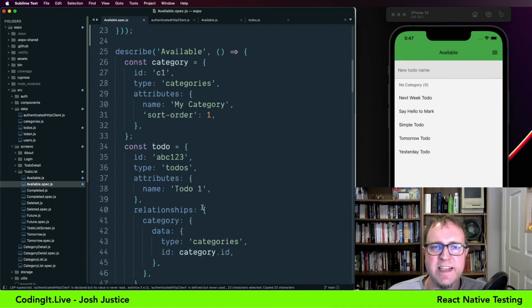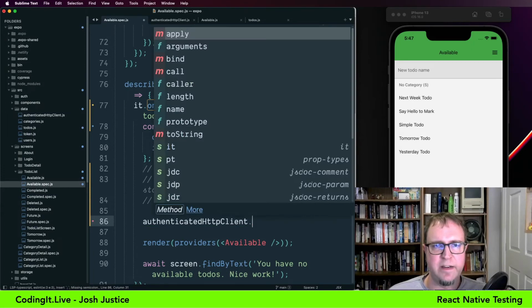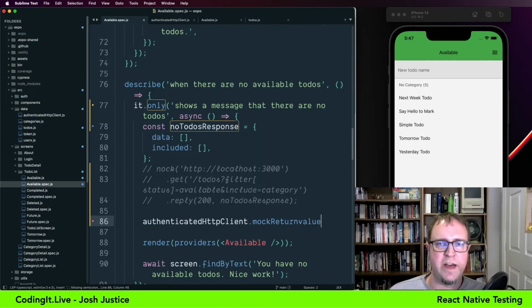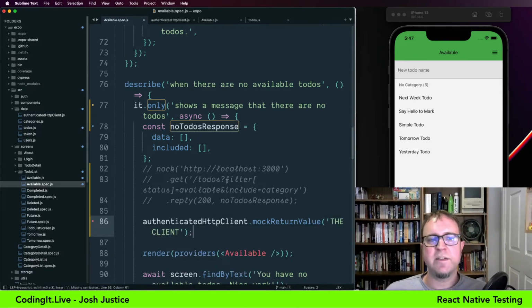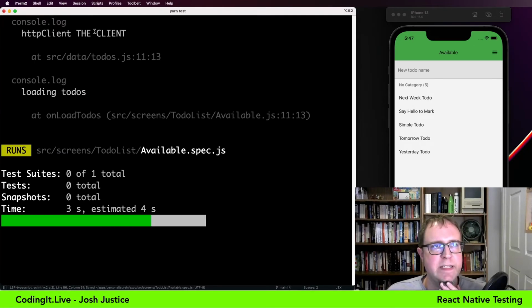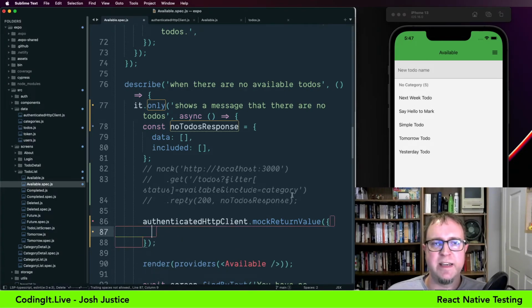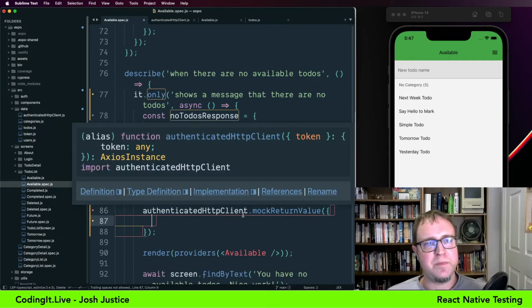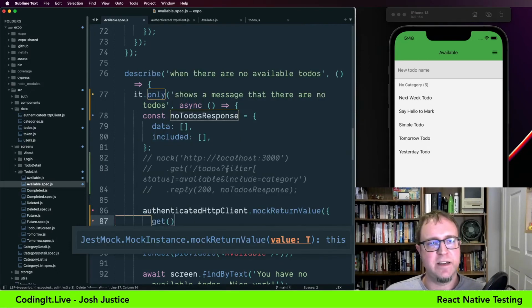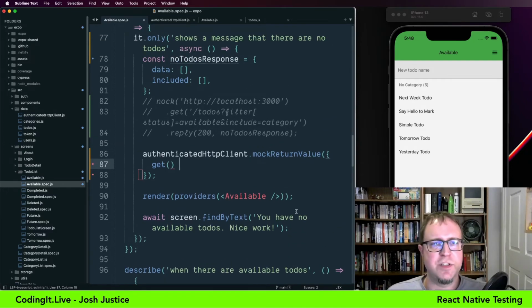So then I think what we can say is down here, we can say authenticated HTTP client mock return value of the client. So let's see if this correctly allows us to control the return value there. It does. We're getting the client. So now here within our test, we can return an object, and now we can start to match this. There is complexity. See the downside to this approach? So we can say there is a get method on here, and get, well, we don't need to make any assertions on it, so we can just say,